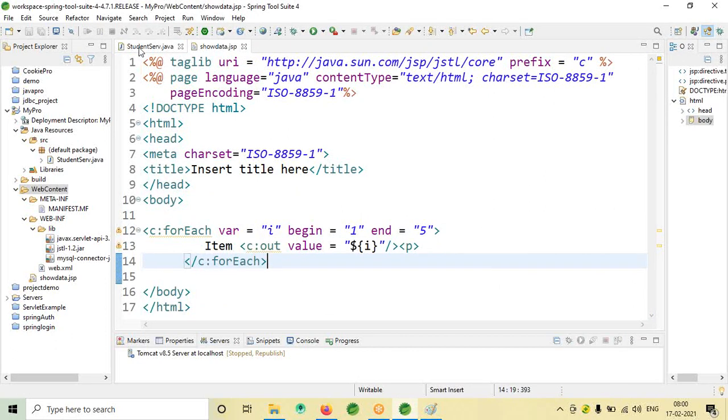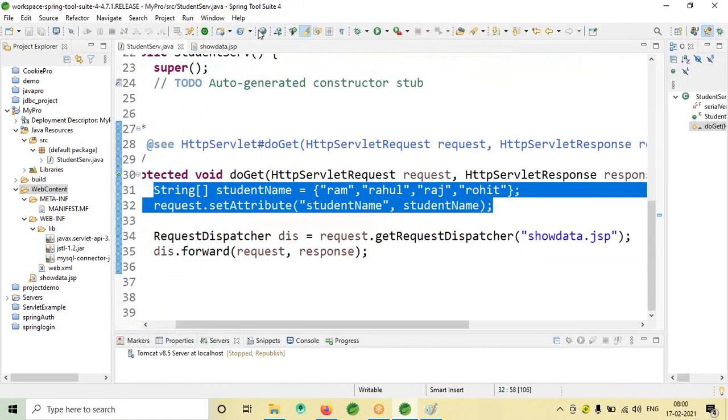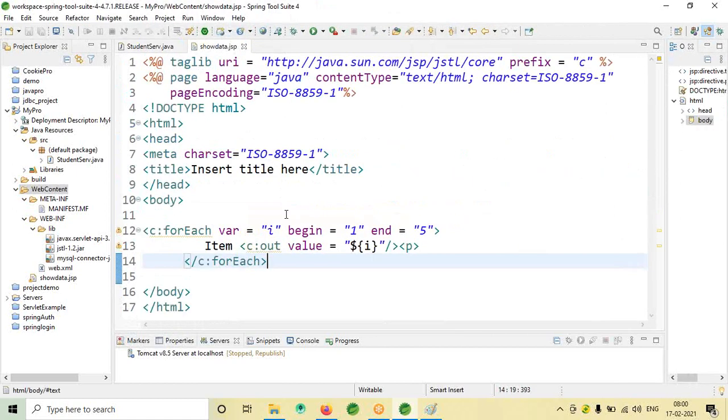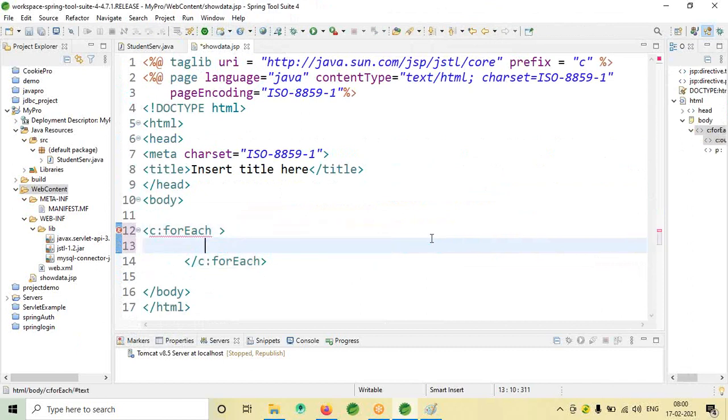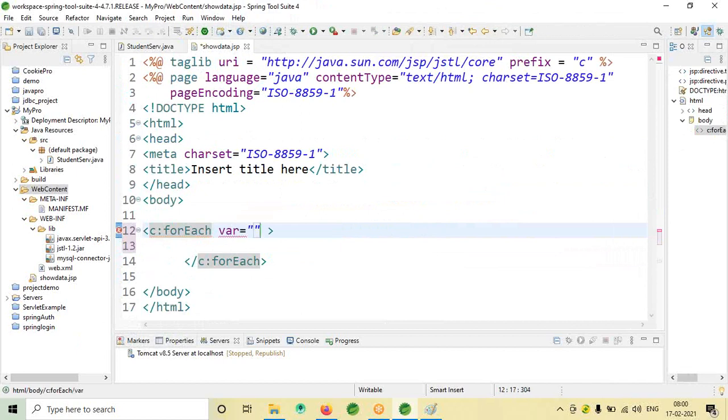So what I want to print is this one, my string array. So I will delete this and delete this. Okay, so for each var is equal to item, items is equal to